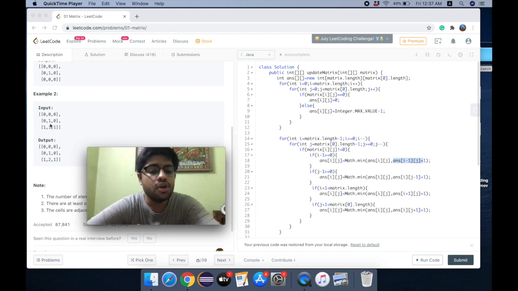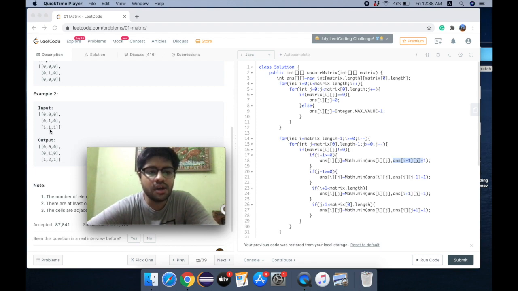We just need to do something if we get 1. So when you are getting 1, I just did a simple thing, just check your neighbors. If the distances of those neighbors are calculated, then my distance from 0 would be the distance of my neighbor plus 1. So we'll try to find out all the directions like up, down, bottom and left. So up, left and right are all zeros, so our answer would be 0 plus 1. So we have written 1 here.